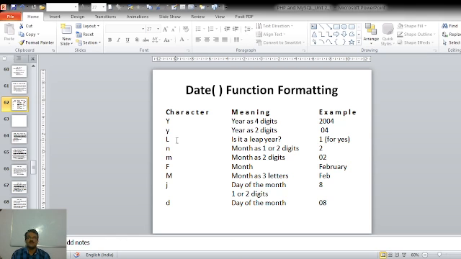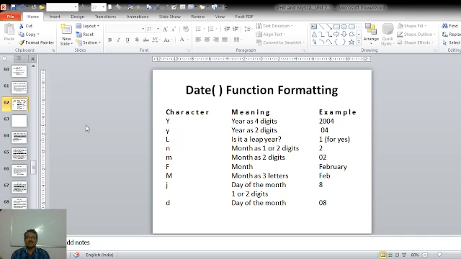Then if we use the small j, it will represent the day of the month in 1 or 2 digits, like 8, or today's date, 26th or 27th. If we use the small d, it will represent the day of the month as 2 digits, that is 08 or 12 or 27, something like that.